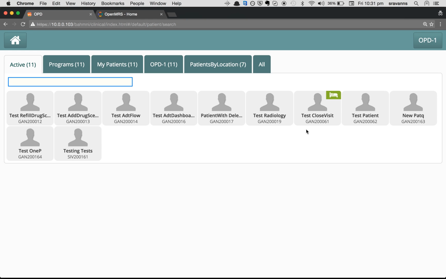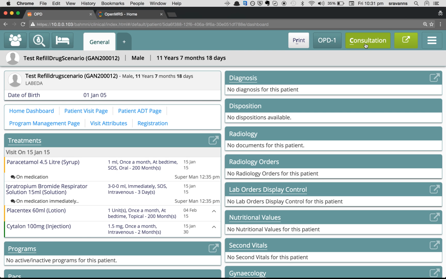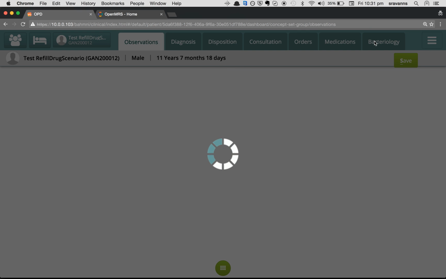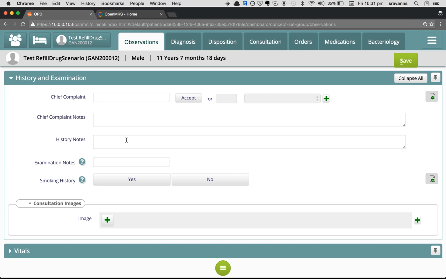and then you see a list of patients available here. Click on any of the patients, and then at the top right you can see a button called consultation. Click on that, and you will by default be navigated to the observation tab, and this is a configuration too. Please go through other videos to see how to configure the default tab. So this is my observation tab,